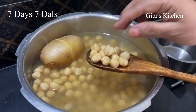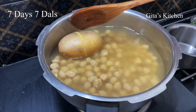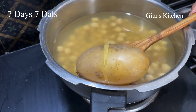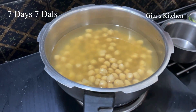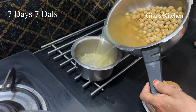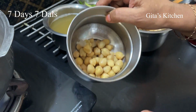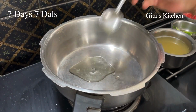See, we have opened the pressure cooker. The chana has cooked very well, nice and buttery soft. Our potato is also cooked. So we'll remove this potato onto a plate and we'll drain out the water from the chana. We'll be using it again while cooking the dal. See, I have reserved a handful of this boiled chana. I'll show you later. Now first, heat some